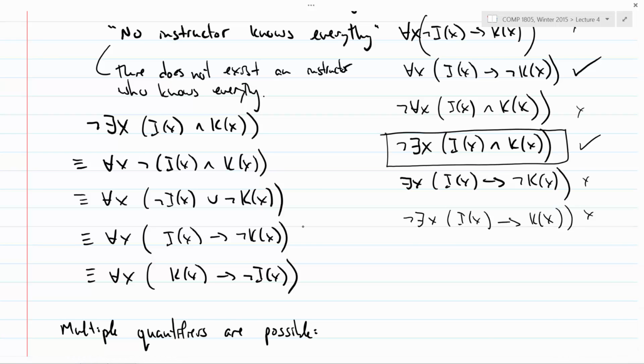But the implication is still true for anyone who's not an instructor. Yes, but that's okay. The sentence doesn't say anything about people who aren't instructors. They could know everything or not. Wouldn't it still be false if they're not an instructor? So for this one here, if they're not an instructor, then this is false and the whole thing is true. Some other stuff might happen with other people, but if you view it as a big conjunction, that single conjunct is true. And that's okay, because we're not saying anything about people who aren't instructors.